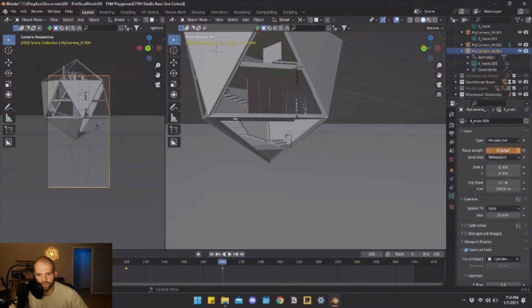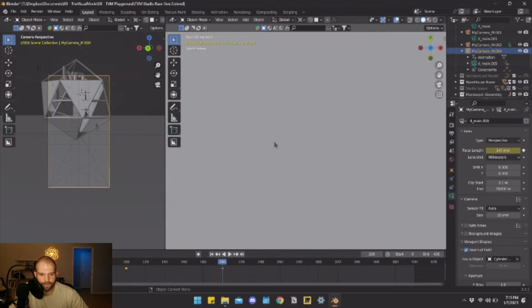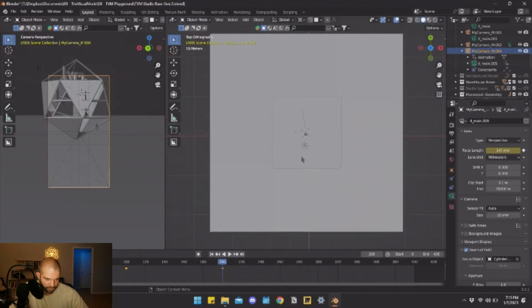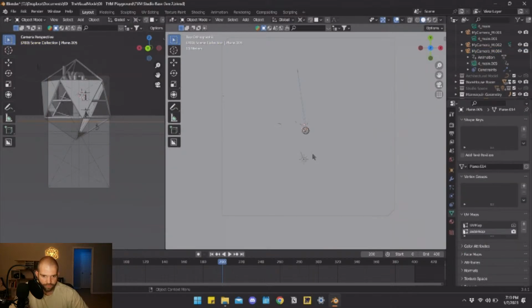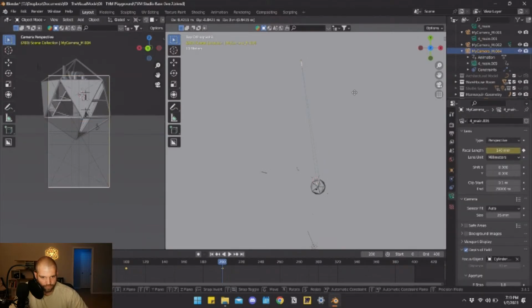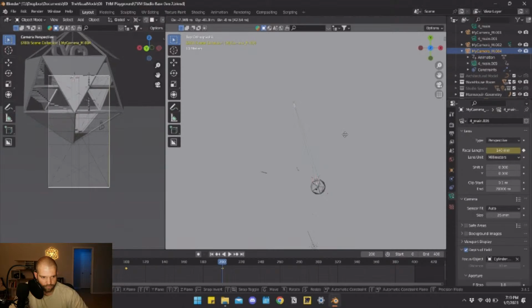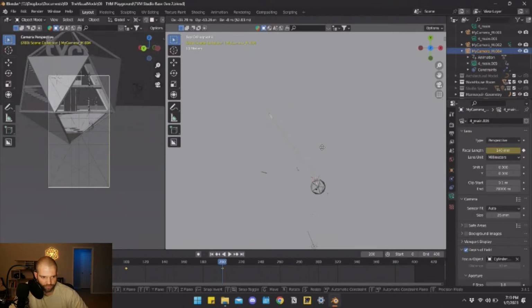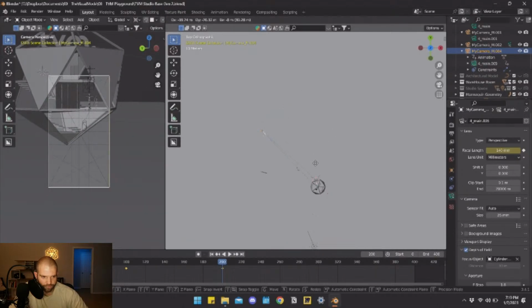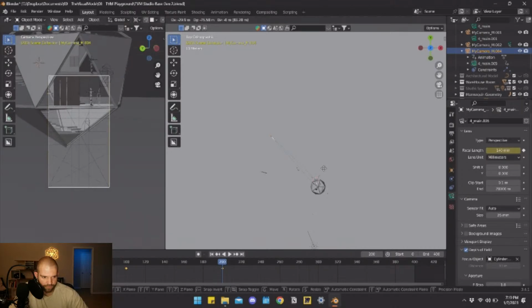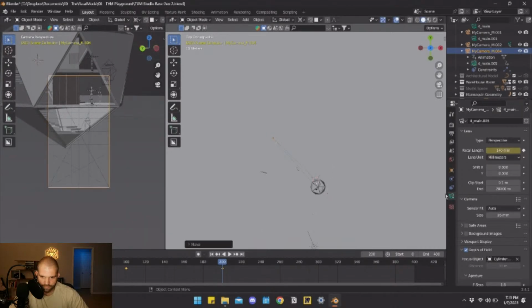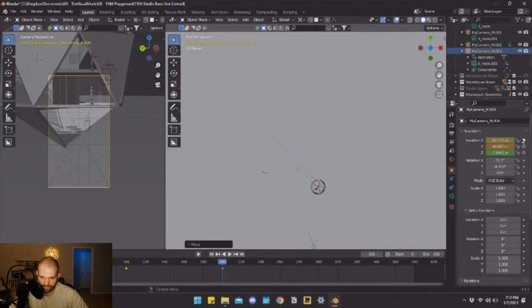So I'll keyframe that there for frame 200. Have my camera selected, so I will also move it just a tiny bit closer. And there we go, with some nice rotation so we can reveal the staircase. All right, I'm good with that. And then we'll set this here to